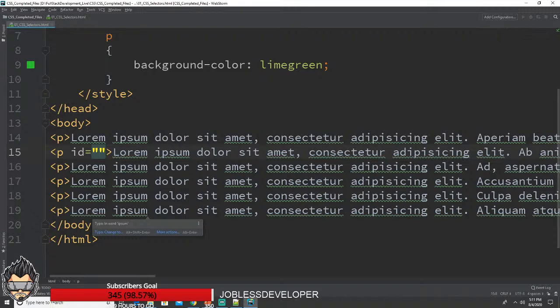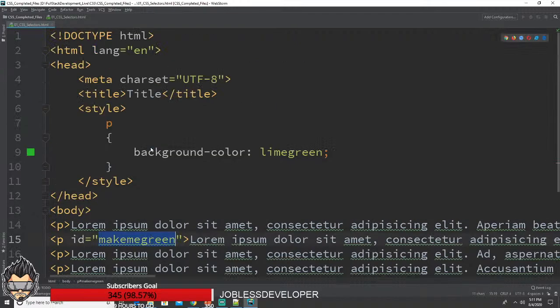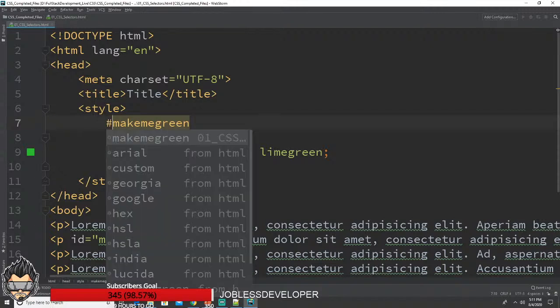You say that this ID is unique and it's being used once in the whole website, so you need to be careful with that. For example, make-me-green is the ID name, so copy this and replace it in front of p. You say I don't want p, I want it for make-me-green. But make-me-green is not a tag, it's an ID over here. Because it is an ID, what you do is you put a hash in front of it